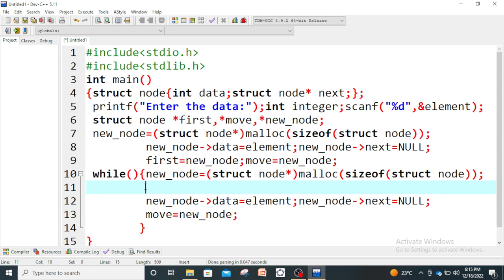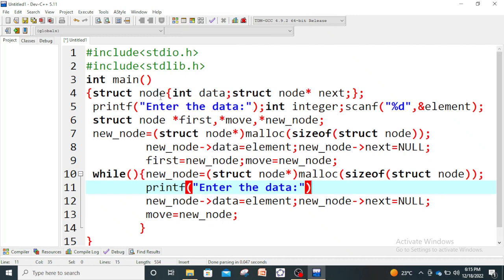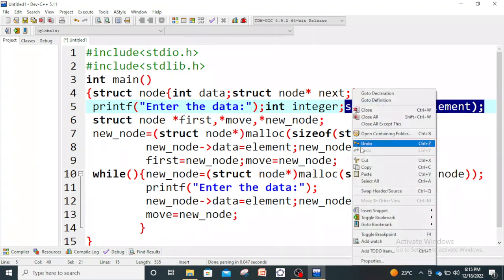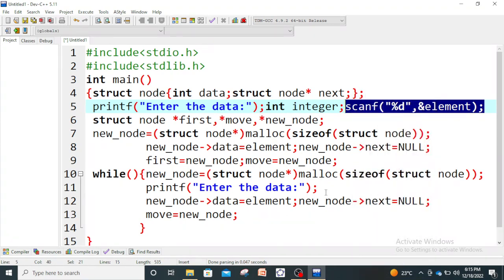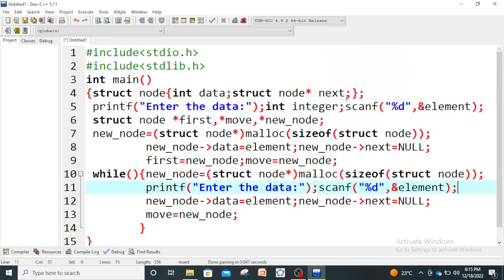Since the user sees this message, he will be prompted to enter data, and for that, the data inserted by the user should be scanned. So again, for that purpose I copy this part and paste here. See the steps carefully, it's very easy